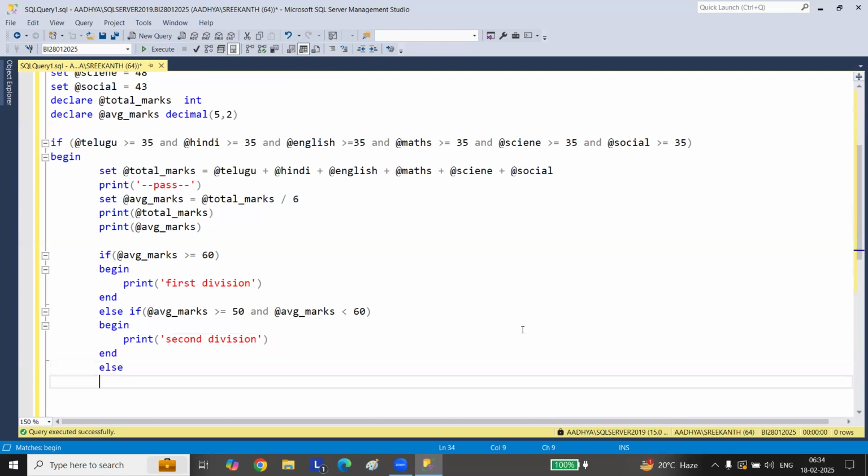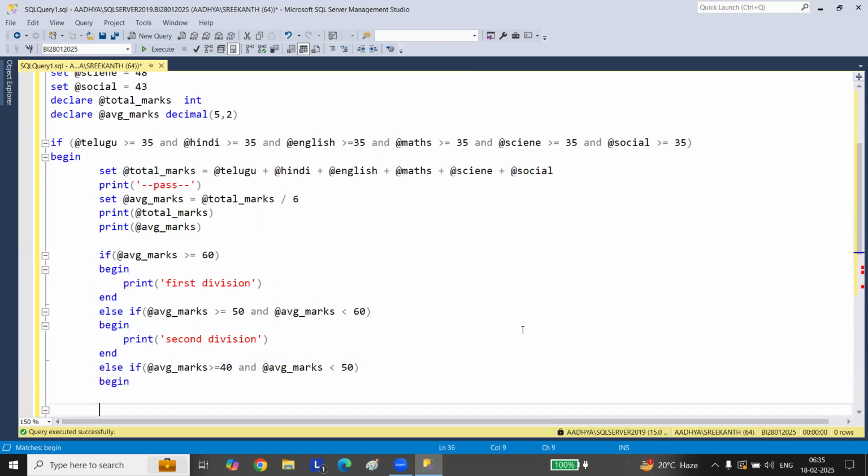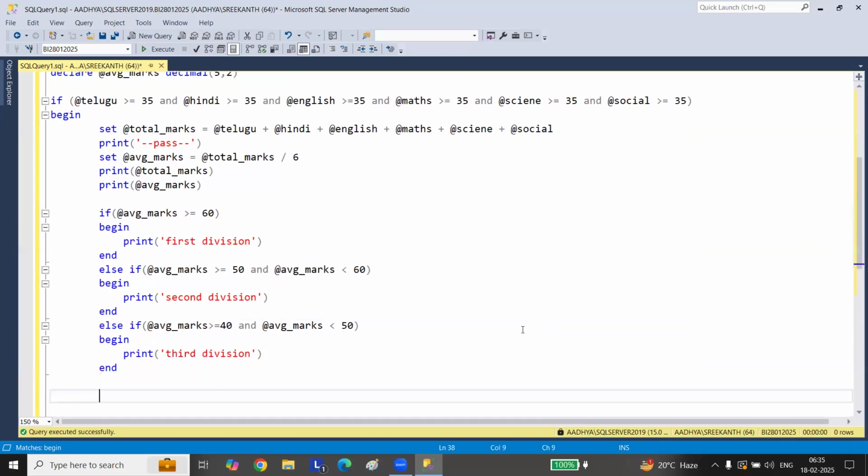Else if average marks are greater than or equal to 40% and average marks less than 50, begin end, print third division. So if it gets less than 40%,